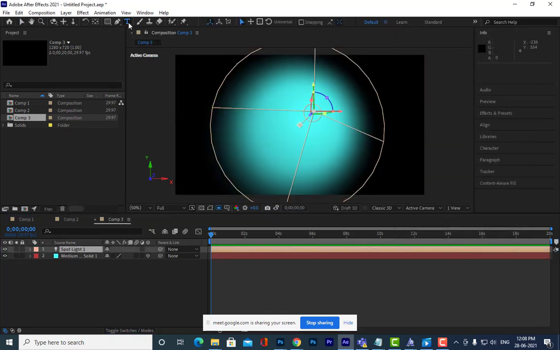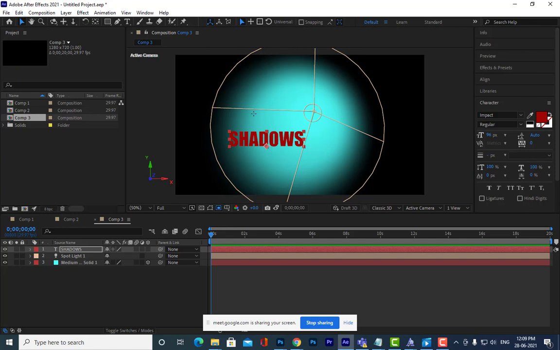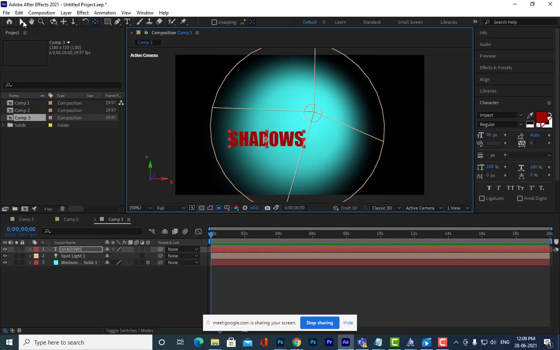Everybody can see my screen properly? Yes, sir. Actually, we are going to get shadows. The only thing is, we have to change one setting here and turn off this caps lock, okay?